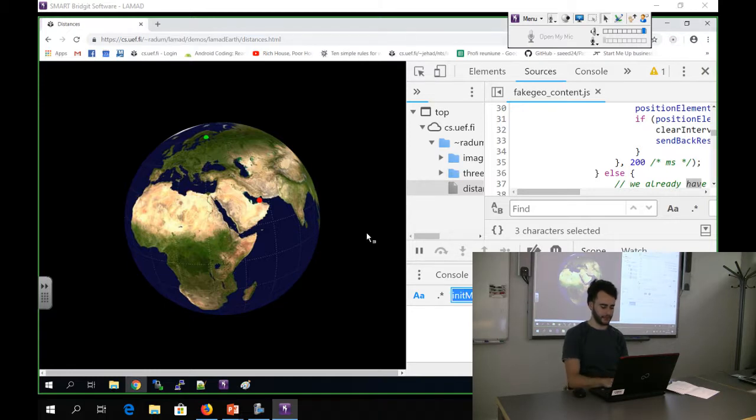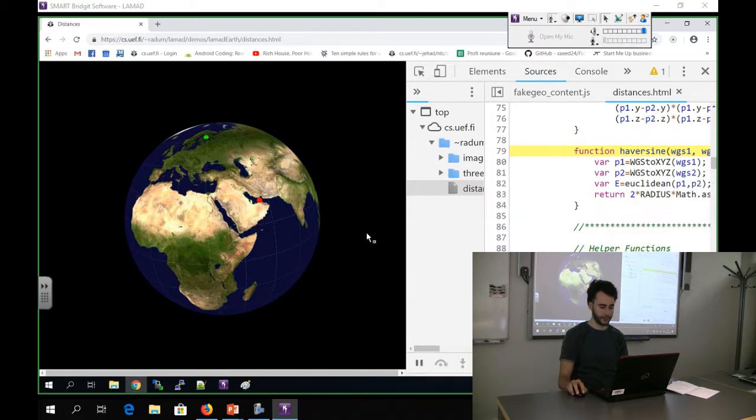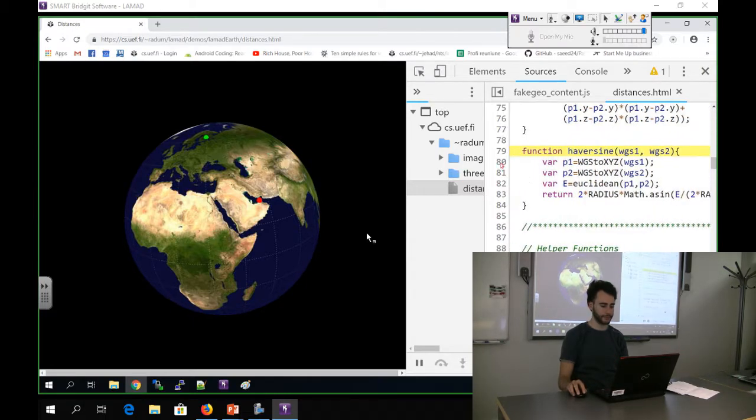To find the function anywhere in the code, you can use this search box here on the bottom. Ctrl-Shift-F in Google Chrome opens it, and I'm going to write there Haversine, and it's going to find all references of the Haversine name in the source code, and this one is the function definition. So I'm going to open it here,